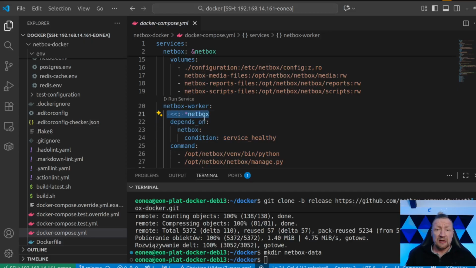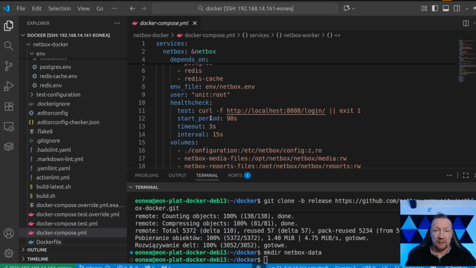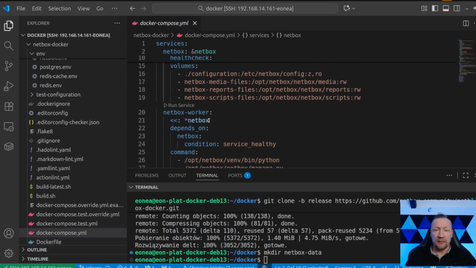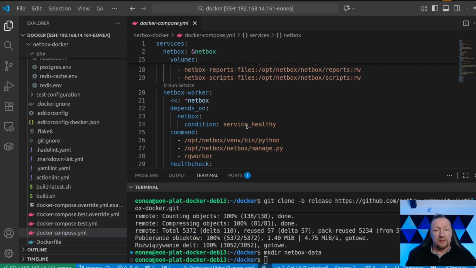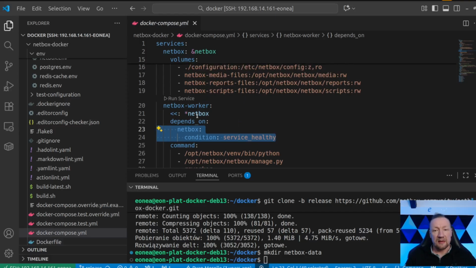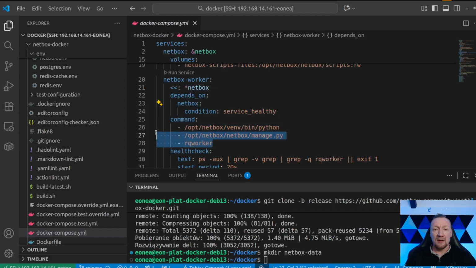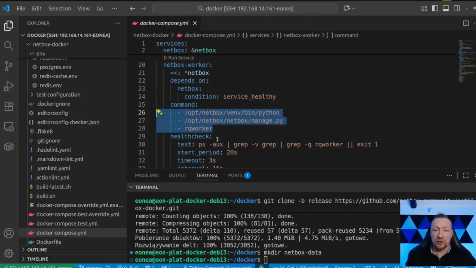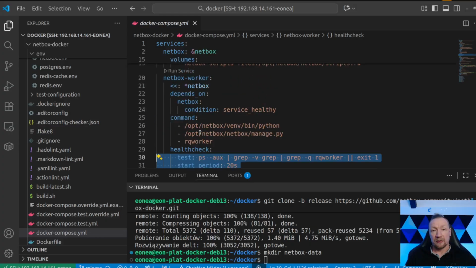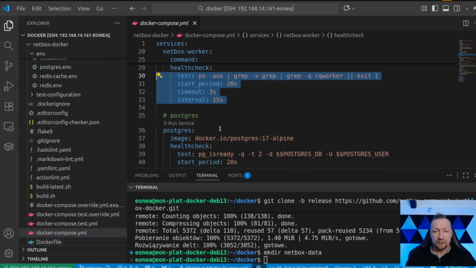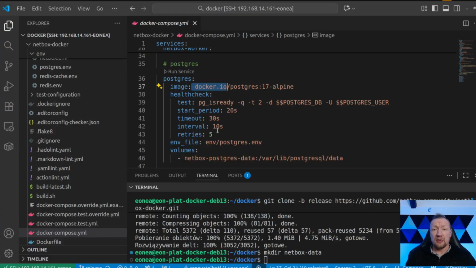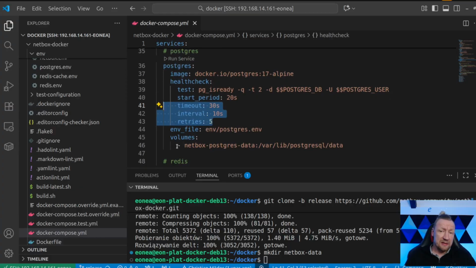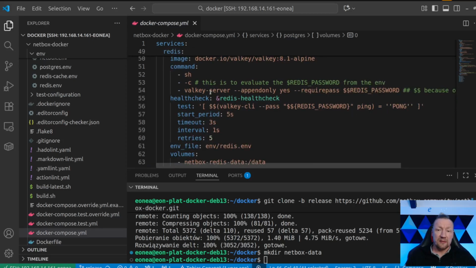So what that means is: please take all setups from Netbox, like that, from here, and add additional. So Netbox conditioned service health. So Netbox worker will start only when Netbox will be healthy. Command started inside the worker, health check for Netbox worker, the same Postgres image, health check, environment, places, volumes, the same Redis,